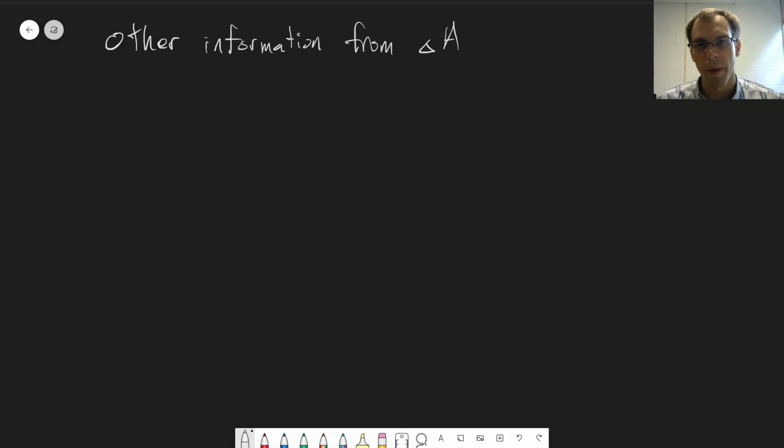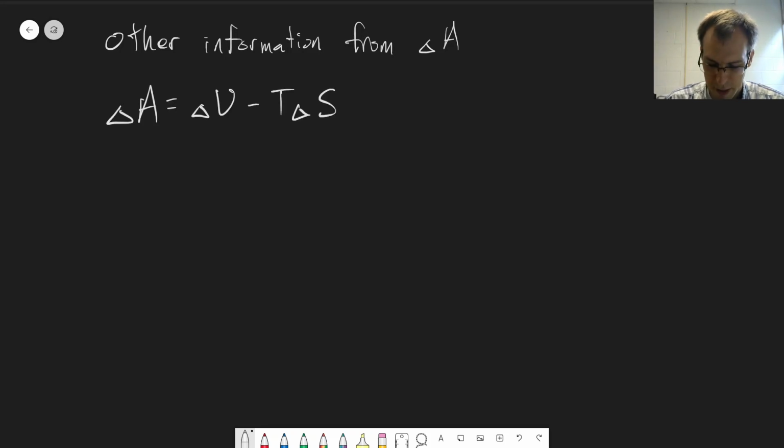There's one other thing we can learn from delta A that is a very useful piece of information. So let's again consider delta A for a reversible process. We can write delta A equals delta U minus T delta S. This is just based on the definition of delta A. But for a reversible process,